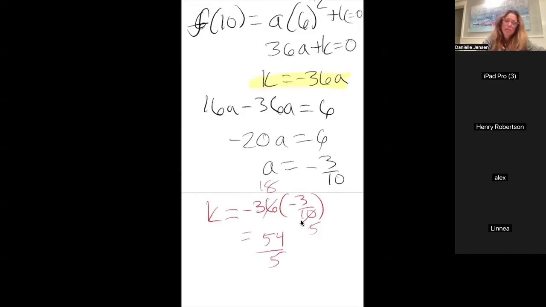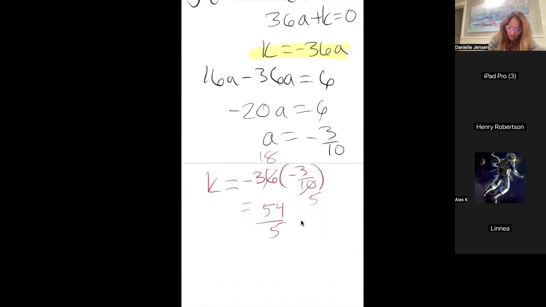Someone give me an affirmative just to make sure that someone else got that. Okay, great. All right, so putting it all together, I've got f of x equals -3/10 times x minus